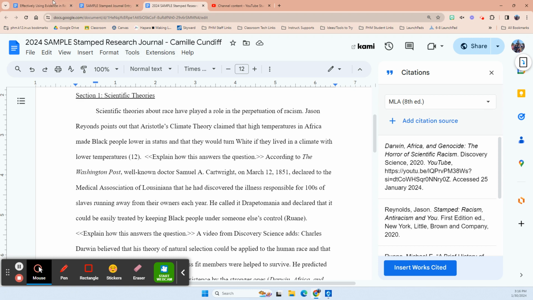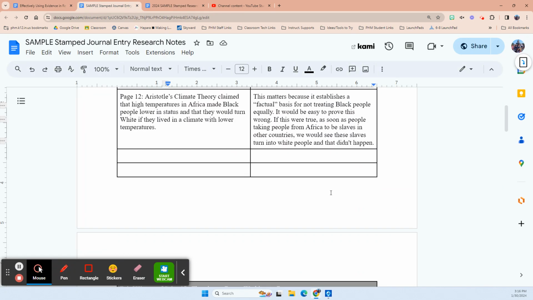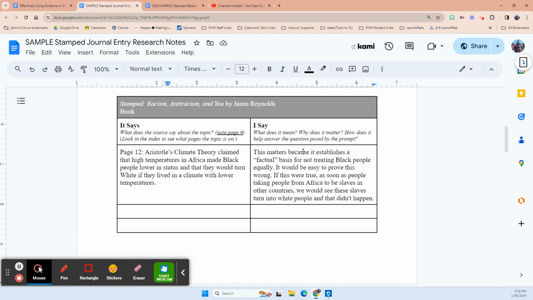So, you want to look at what you wrote in the I say part of your notes about why the information mattered and how it helped to answer the question. And then you just want to refine those ideas and the way that you're expressing them.